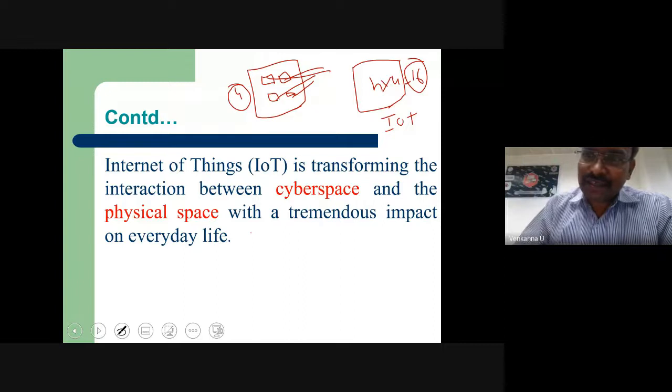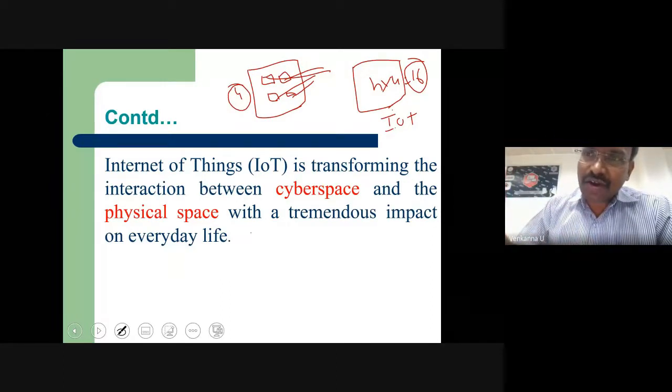Like that, take the entire globe, how many houses, how many people are living. In each house, 16 devices are going to connect to the internet. How many challenges are there? You can imagine. That's why all these challenges need to be solved by next generation engineers like us. That's why there are more research opportunities in this particular context.